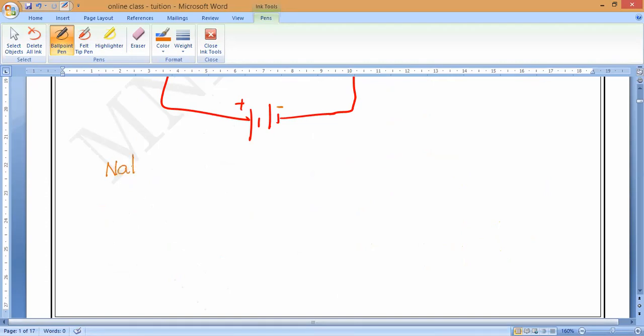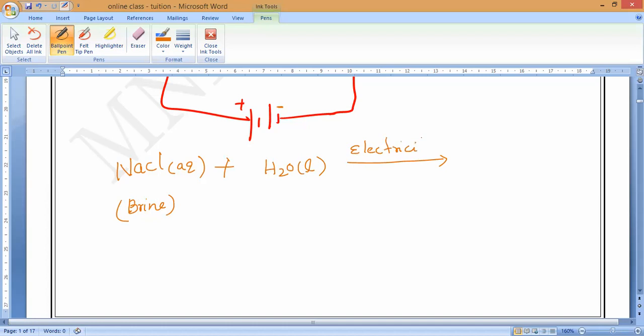NaCl, which is in aqueous state. So this is what we call brine, reacting with water, which is in liquid state. What do we have to do? We have to pass the electricity. That process is called electrolysis. We get sodium hydroxide, in aqueous state, plus chlorine gas, plus